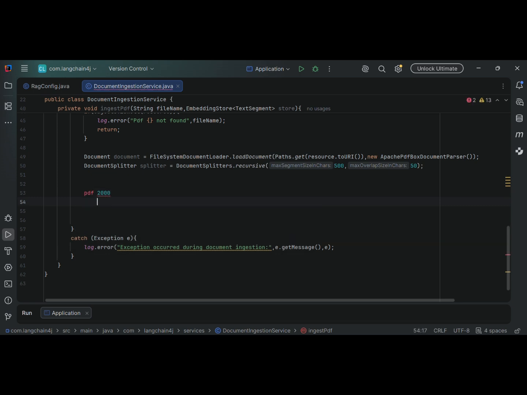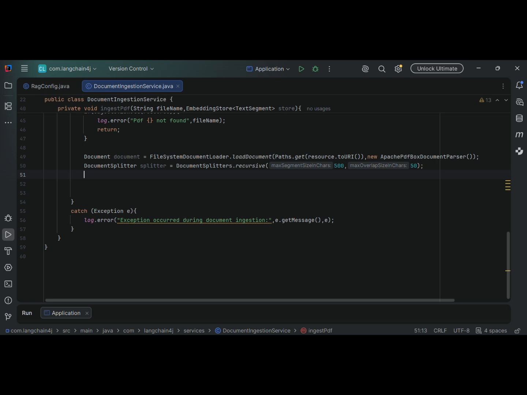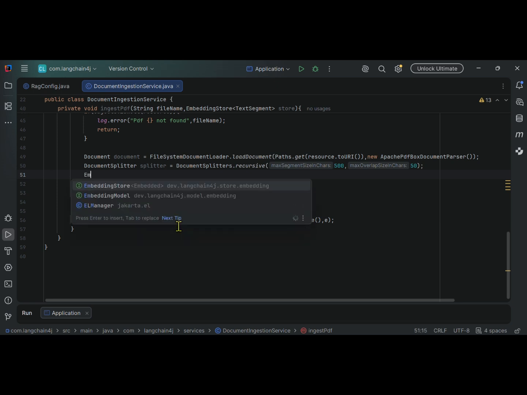So how the segmentation will occur: 0 to 500 in one chunk, 500 to 1000, then 1000 to 1500. Likewise, in sets of 500 it will start splitting the document. Now you have the split documents, the document split into different parts. Now we'll need to use embedding